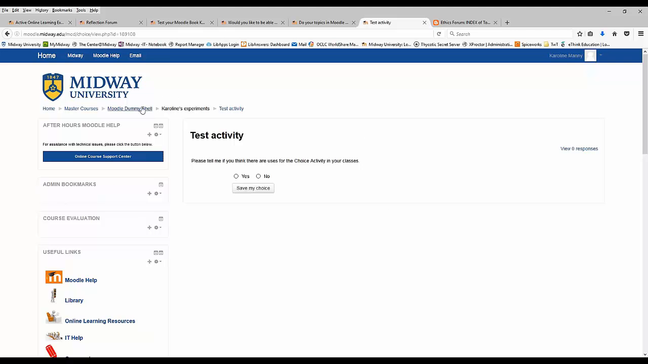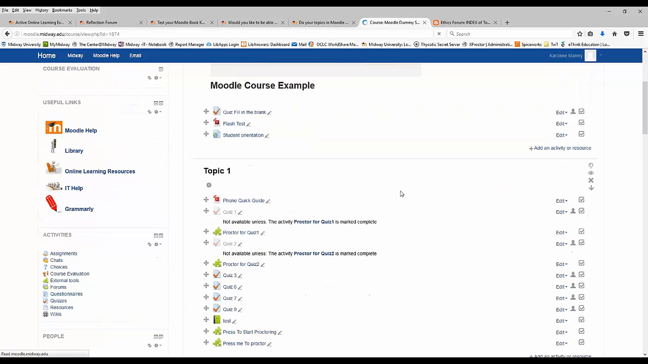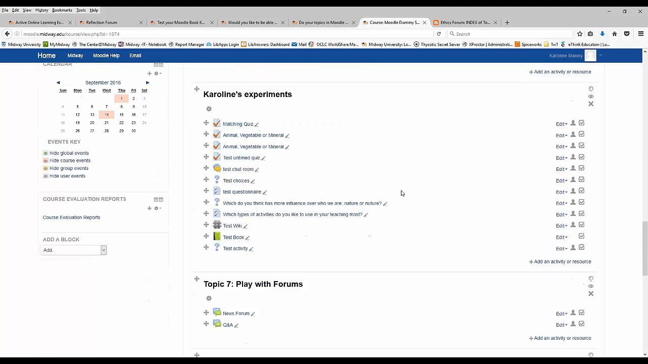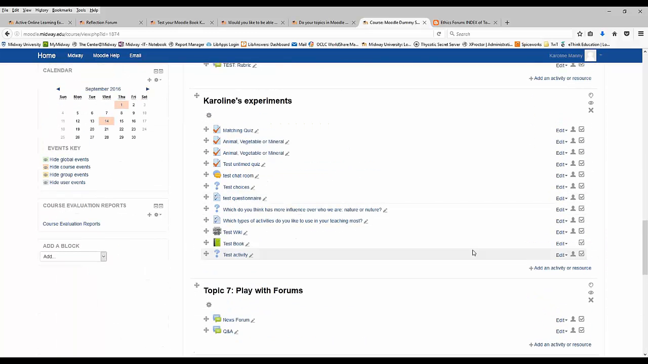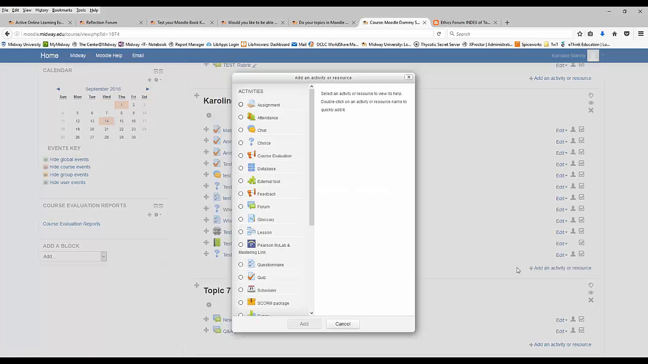Okay, let's go back to our Moodle course and go to my little experimental part, and let's see how we would add a questionnaire activity. Once again, I just click Add an Activity or Resource, and I would choose this time Questionnaire, which is right here, and I click Add,